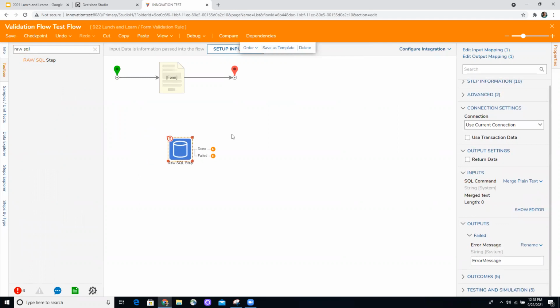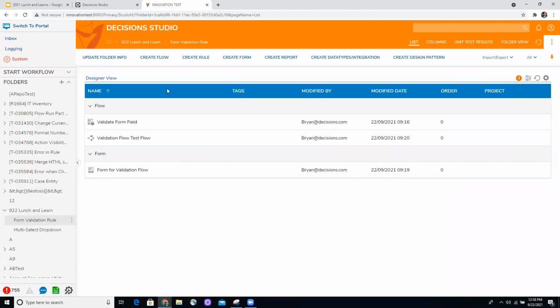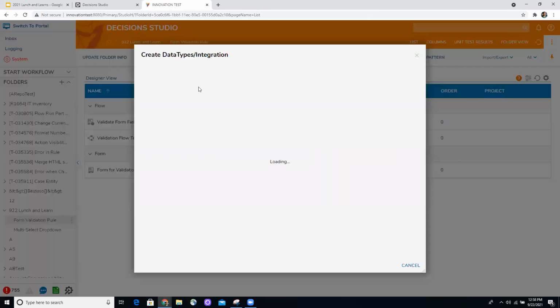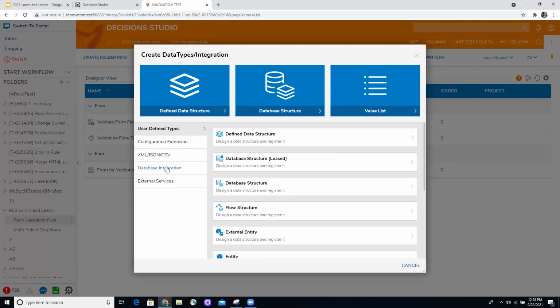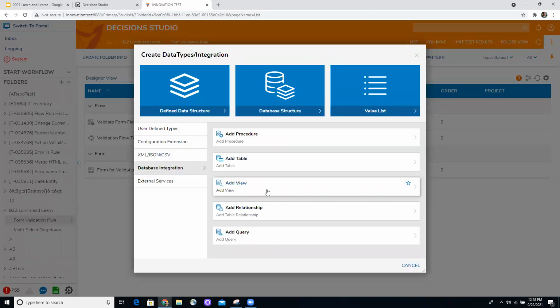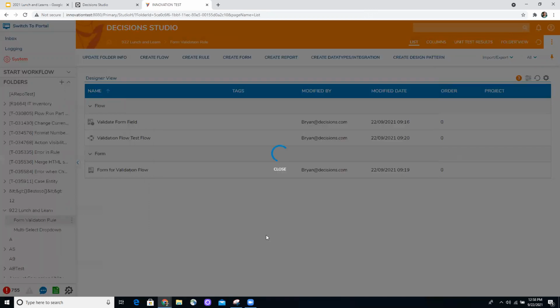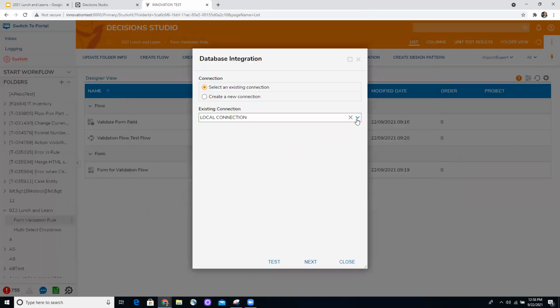Alternately, instead of using this step, under the same menu where you create the data types, you can create your own custom query. I'll show you that as well. In the integrations tab, I can add a query against the local database. I get to choose the local connection, and then basically I can do anything that I can do in SSMS.